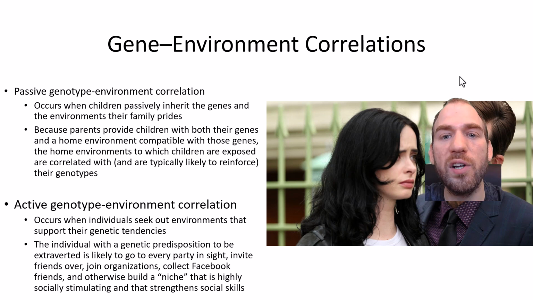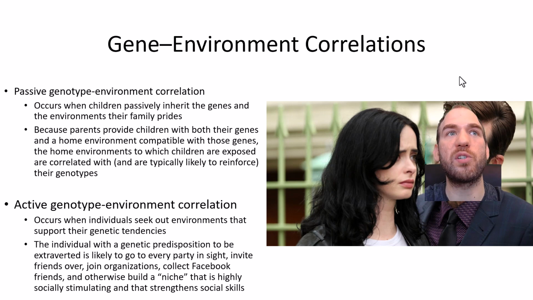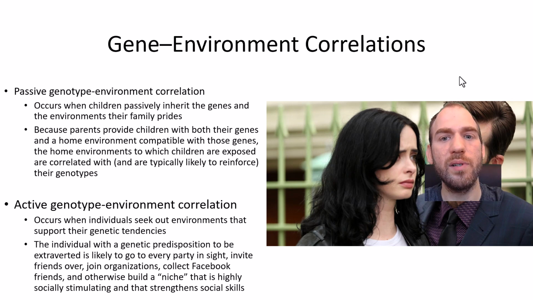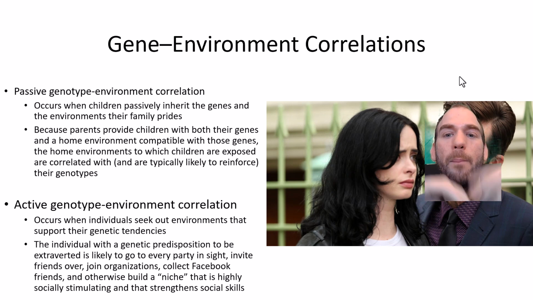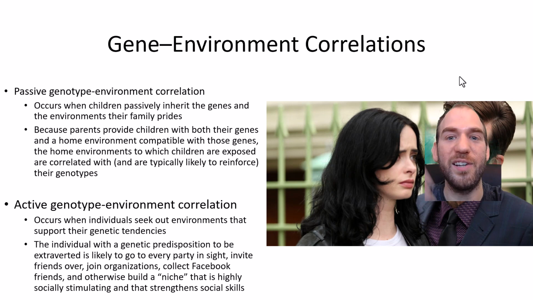So we're inheriting predispositions, and then basically the home environment, or the activities that our parents take us on, cause those genes to be expressed. So it's a combination of genetic predisposition and environmental impacts, both passively received by us. In this case, we're 1 day old or 2 weeks old, from our parents or caregivers.